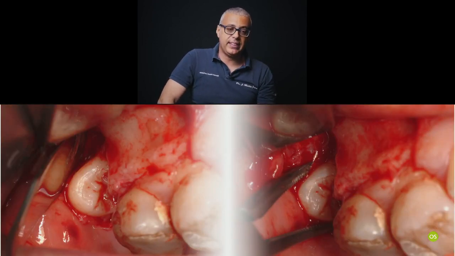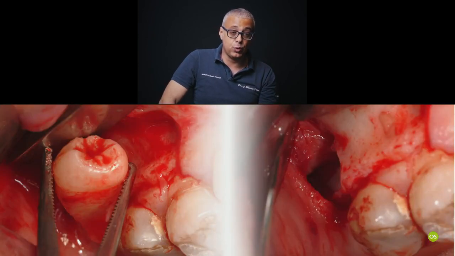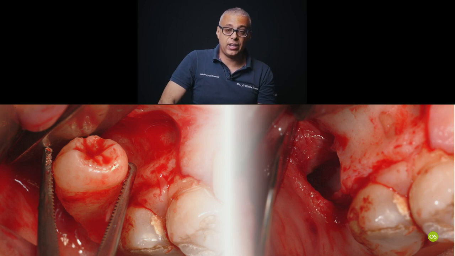And here we have the elevation of the flap, and once we elevate the flap, we see that the tooth is directly in vision. With a forceps, it's not very difficult to extract this kind of tooth, which was quite superficial. Once we have extracted the tooth, we check that the alveolus doesn't have any soft tissues,